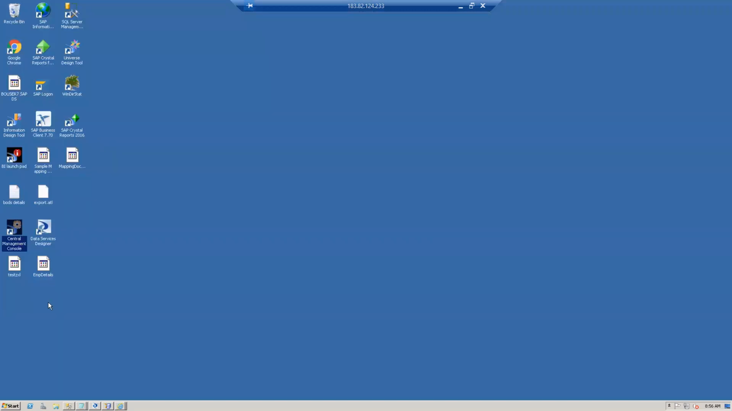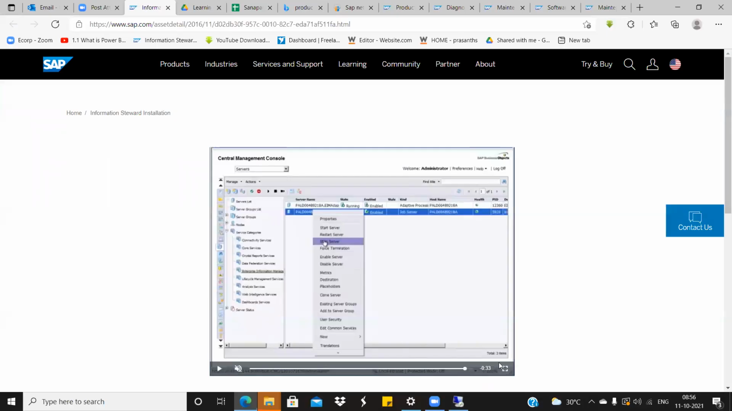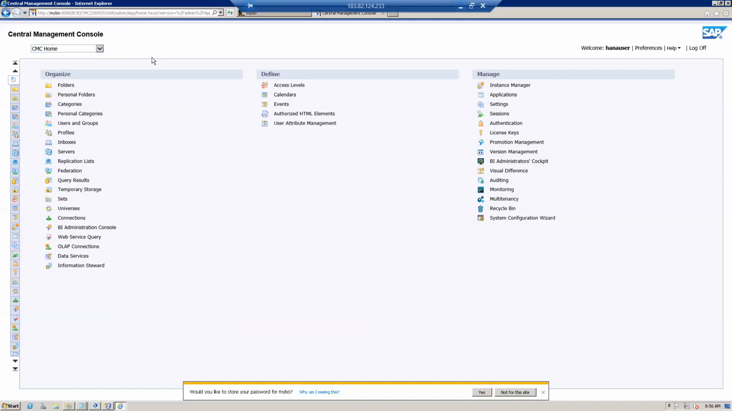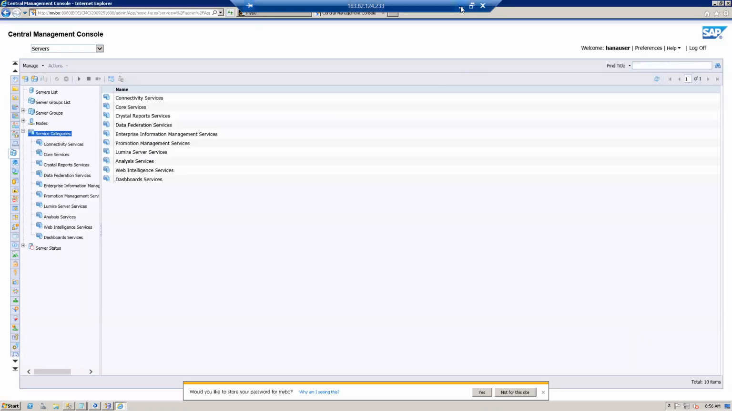So this is the CMC one, Central Management Console, CMC. What they have done is they have come here and gone to Servers. Whether you click from here or from here, it is available for the server. Then they have gone to